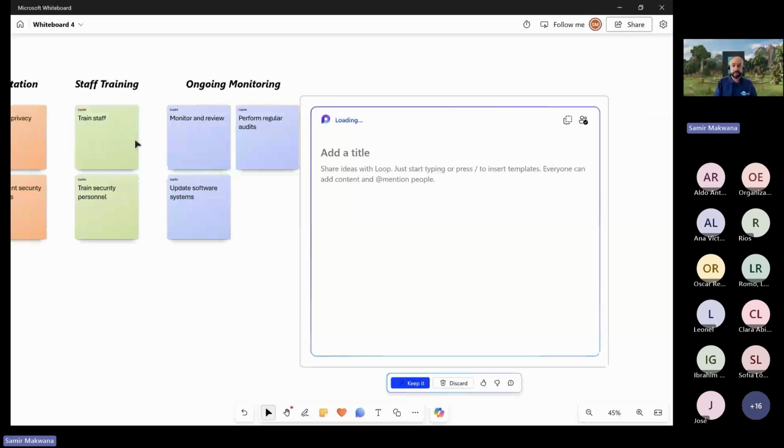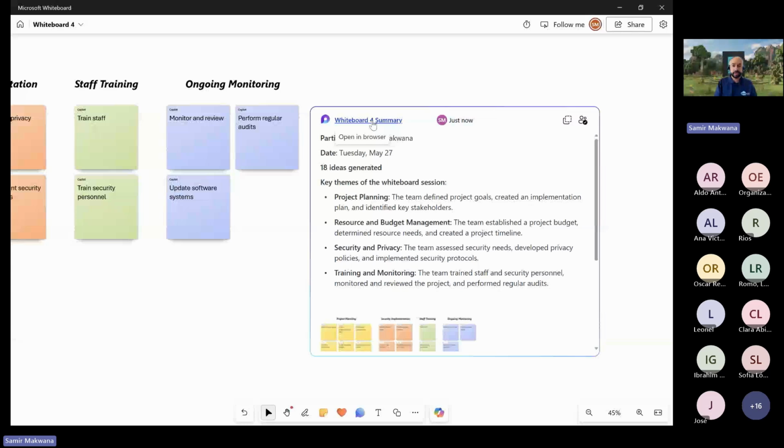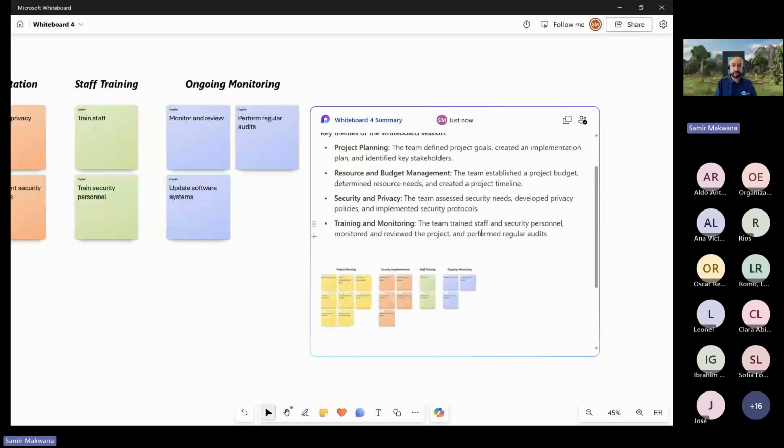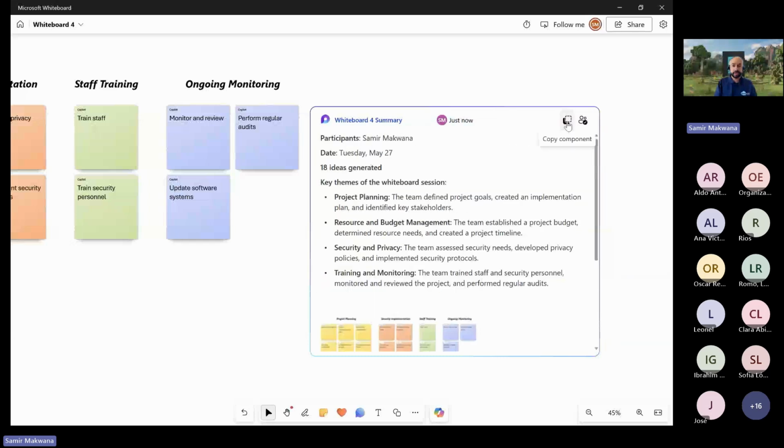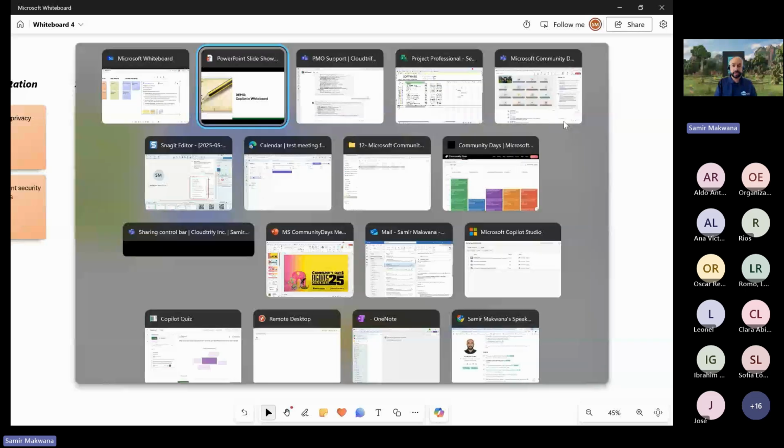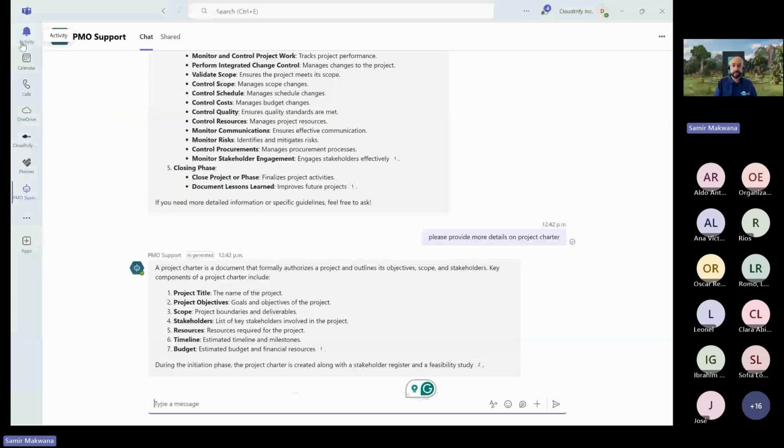And as you can see, this has been created as a loop component. I'm not sure if you are familiar with Microsoft Loop, but it's a loop component which has created. Please read about it. It's very cool stuff. It's very good for co-authoring and sharing across the teams and many other collaboration platforms. So you can use this loop component, and I can go and I can say, okay, share this with whoever I want to share with.